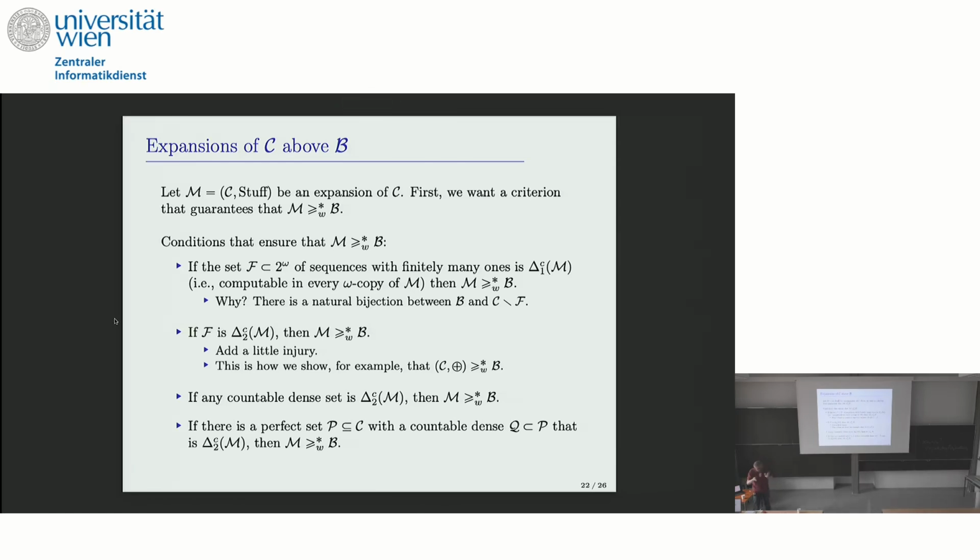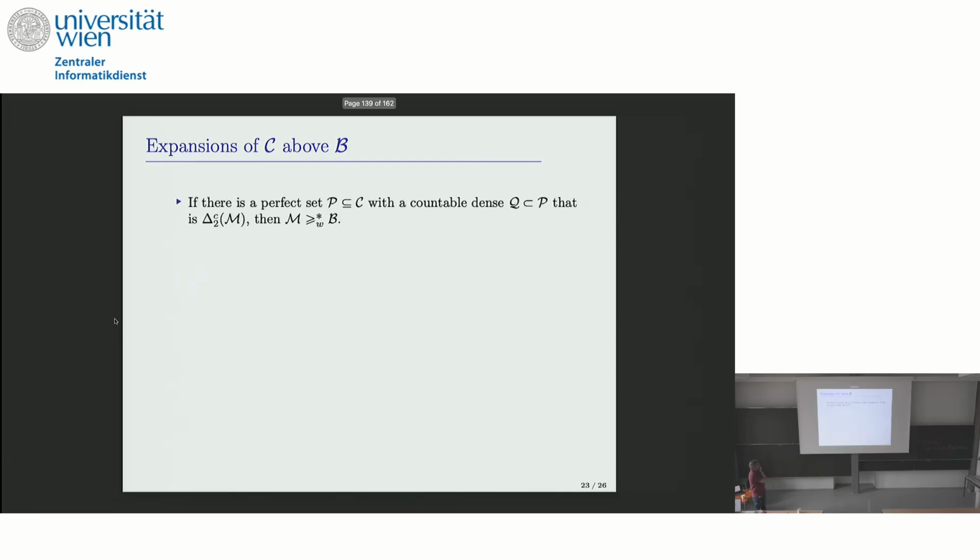Just if there's any perfect subset of Cantor space and a countable dense subset of that's delta 2, then we're golden. Oh, how do we have our handle on this perfect set? Well, there's a code in the ground model. A tree. There's a code for a tree in the ground model, and that's good enough. Okay, so we went from really simple to actually still pretty simple. There's just something that looks like Cantor space and something that looks like the rationals inside that, and so we can present the complement. Great. That's just a restatement of it.